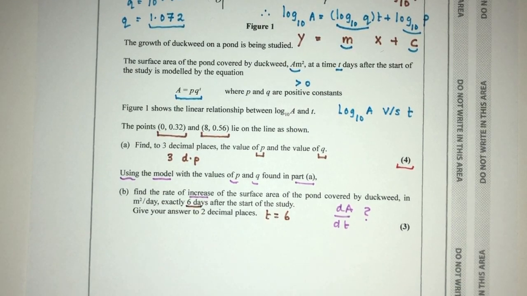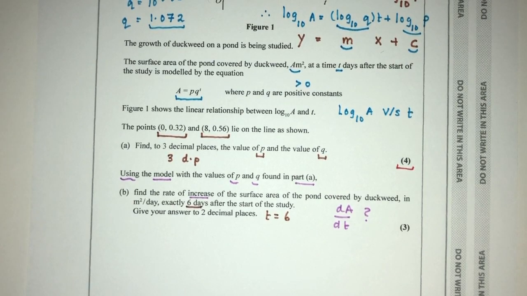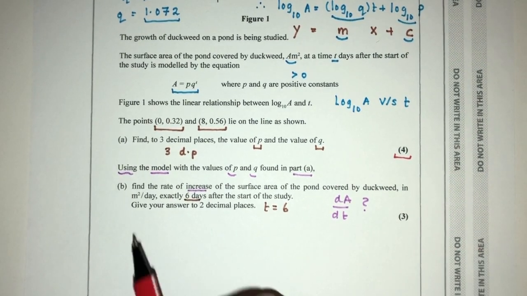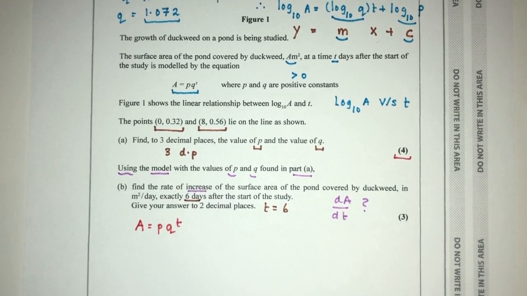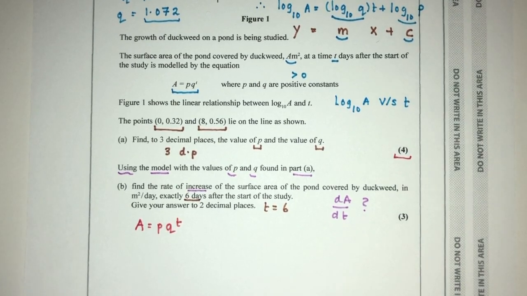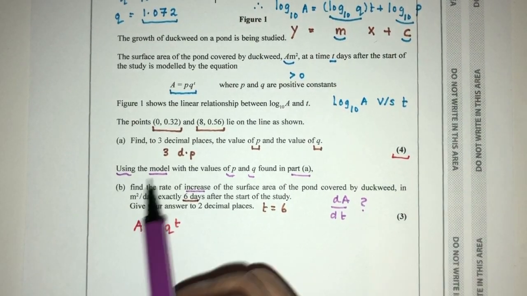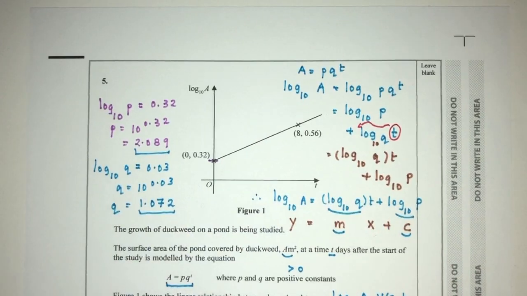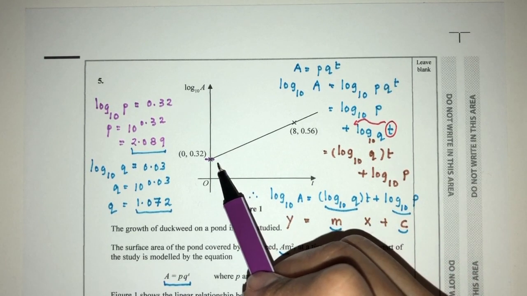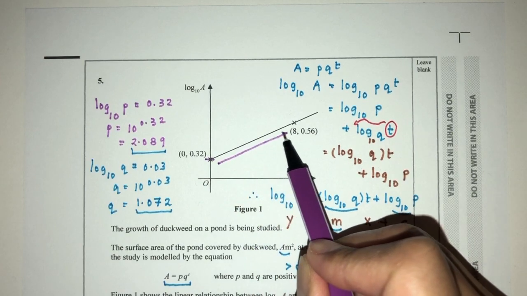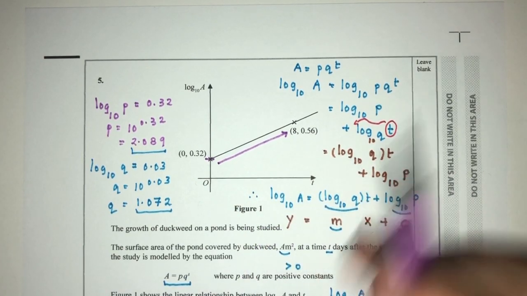Now here, we have to understand, it will be kind of hard. For example, if you look at this equation, A is equal to P Q power T. Now, how are we going to find the dA by dt of this? It's kind of hard, right? You can agree. So the idea is that you have to use the model, basically use the line, or the understanding of the line. As you can see, this equation here is growing at a constant, steady rate, which means, let me write this down,